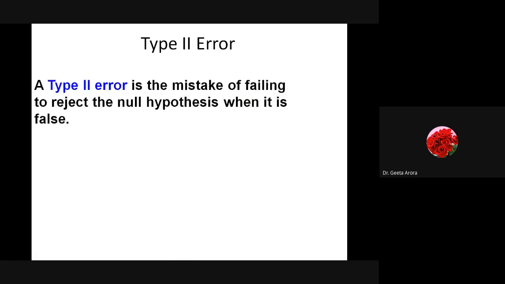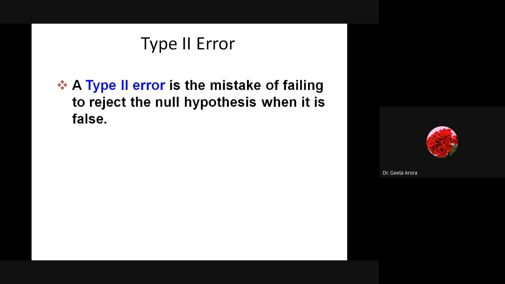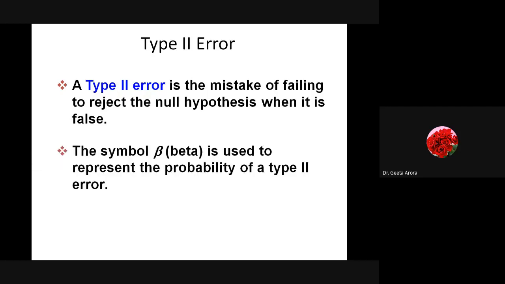Similarly, type 2 error means we have accepted something when it was actually false. It is just the opposite of the other one. Here we have accepted the null hypothesis; we have written fail to reject. Fail to reject means we have accepted the null hypothesis when it is actually false, again might be due to some calculation error. So what is the symbol? Here we are going to use beta. Beta is used to represent the probability of having type 2 error, but actually it doesn't come into the picture whenever we are doing the work.